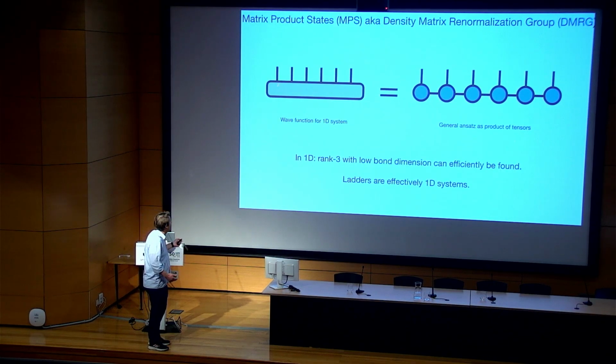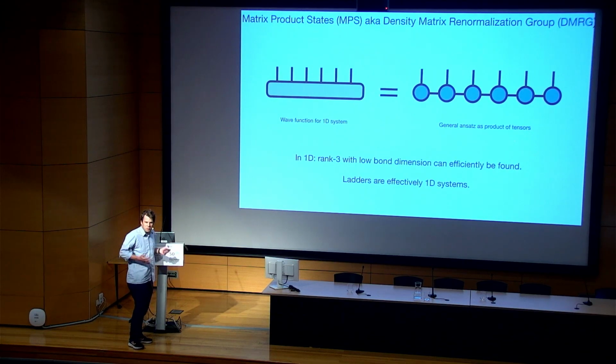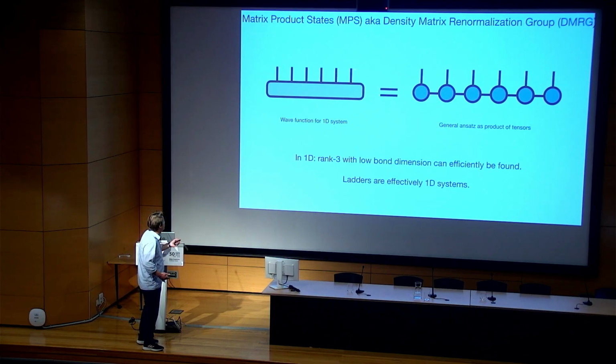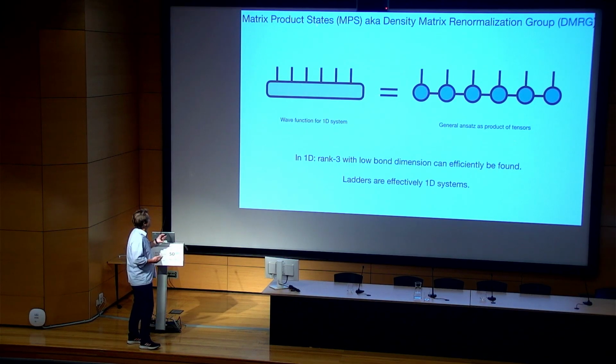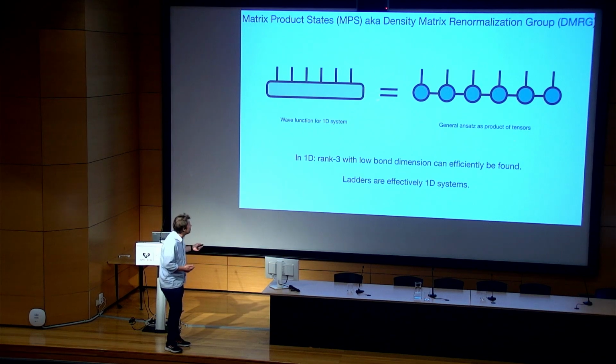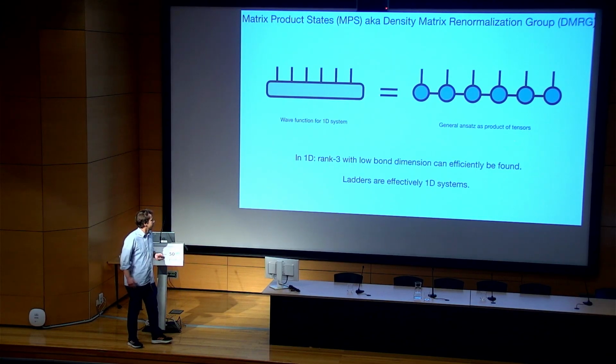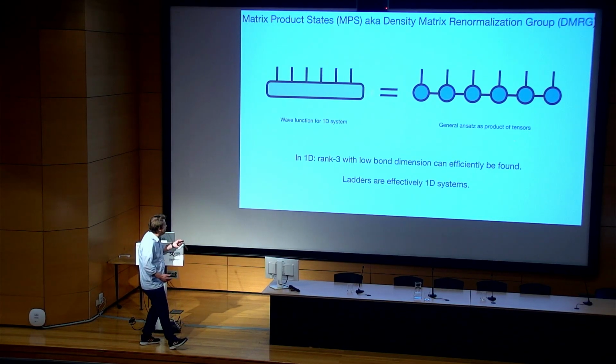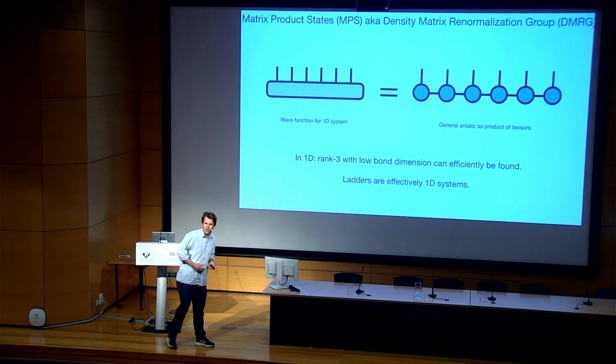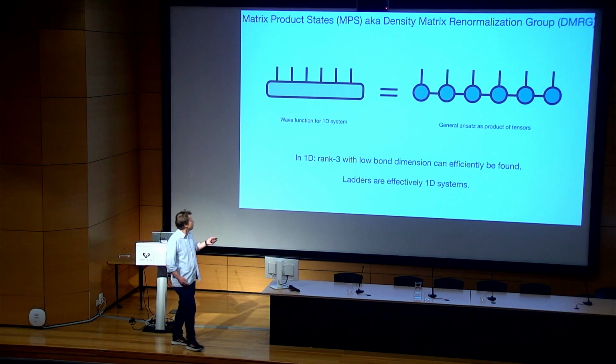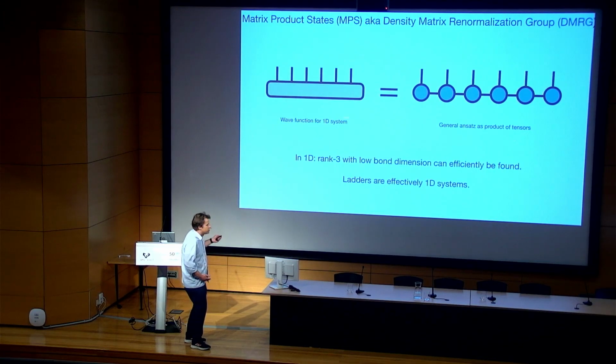So what we have on the left side is a general wave function which depends here on certain external degrees of freedom. So these are these legs. And the idea of this variational technique is to decompose this object into simpler objects, tensors, where each tensor is only connected to one external degree of freedom. And then, of course, this is an object which entangles all these external degrees of freedom. So what we have to make sure in this ansatz is that the entanglement which is present in the wave function is also present here. And that means it has to go through these legs.